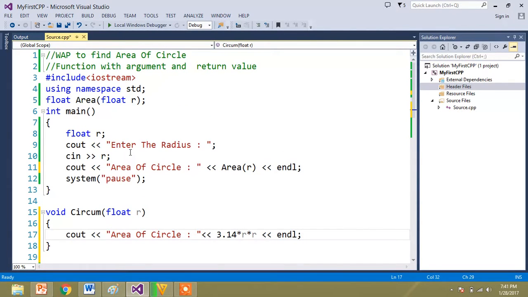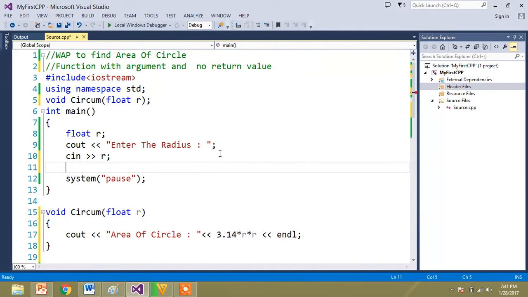Now see here, function with no return value, but the argument is there. How are you going to call this function inside the main function? As it is not returning any value, the void function, void is nothing but it is not returning anything, so you don't require this one.